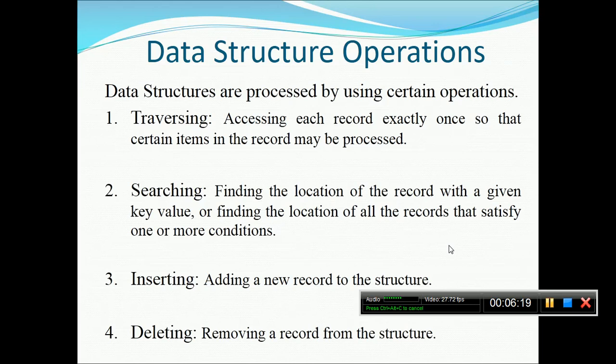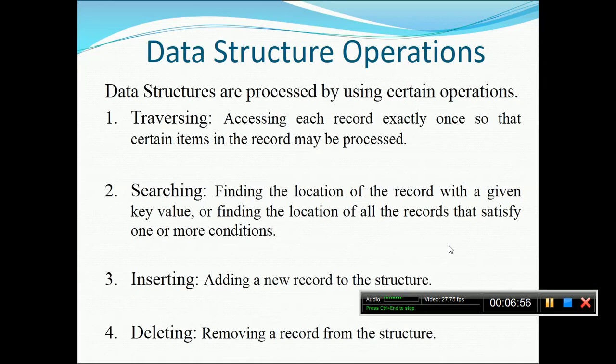Now come to searching, the second operation. Here searching means you have a specific target: I am looking for this particular number, and as soon as I find it, I will stop. For example, suppose you have an array that contains phone numbers and you are looking for a particular phone number that ends with 666. I'm repeating again, you have an array of phone numbers and you are trying to find a phone number that is ending with 666.